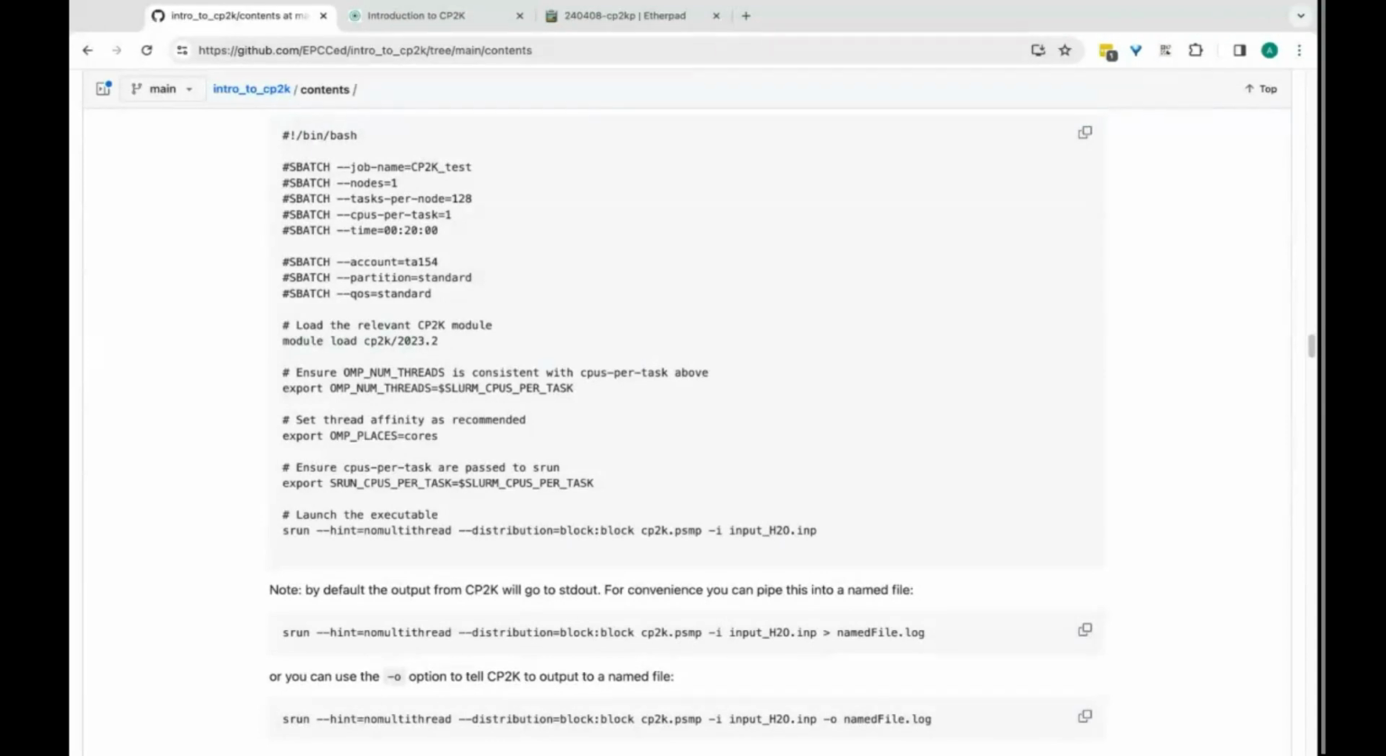So to adapt this script to another system, like you're asking, you almost certainly want to get rid of the hint=nomultithread and distribution=block, or at least there's no reason to suspect that they need to be specified explicitly for your system; you might need to find additional guidance for your system. I wasn't planning to go into detail about why those particular mappings are chosen for ARCHER2. The srun command you will simply have to replace with mpiexec, and depending on the setup of Slurm on the system that you're running on,